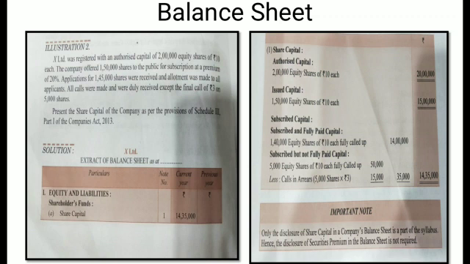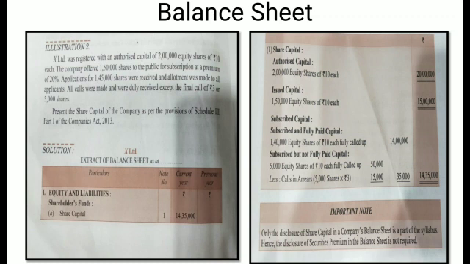Now applications for 1,45,000 shares were received, that is subscribed, and you have to bifurcate this 1,45,000 into two categories, fully paid or not fully paid. This depends upon the question. All the applicants paid the money and accepted, then the final call of rupees 3 was not paid on 5,000 shares. It means out of the 1,45,000, 5,000 have calls in arrears, so you have to bifurcate the 1,45,000 into two categories.